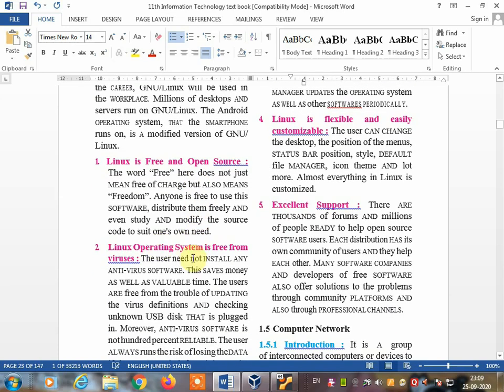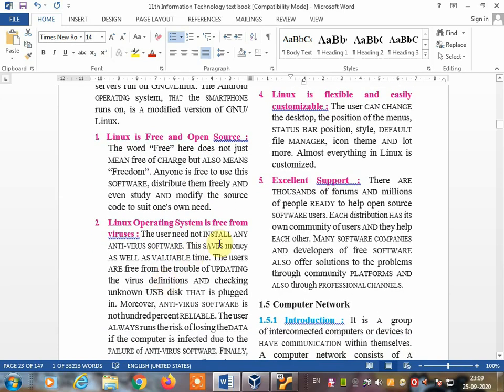The next benefit of Linux is that it is free from viruses. Viruses do not enter this operating system, but in Windows you have to install antivirus software. The user need not install any antivirus software, and this saves money. In Windows you have to purchase and install antivirus software, otherwise a virus will definitely get into the Windows operating system.